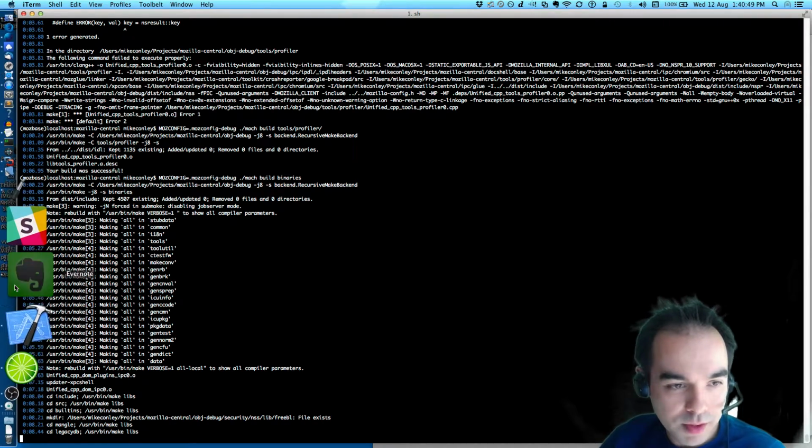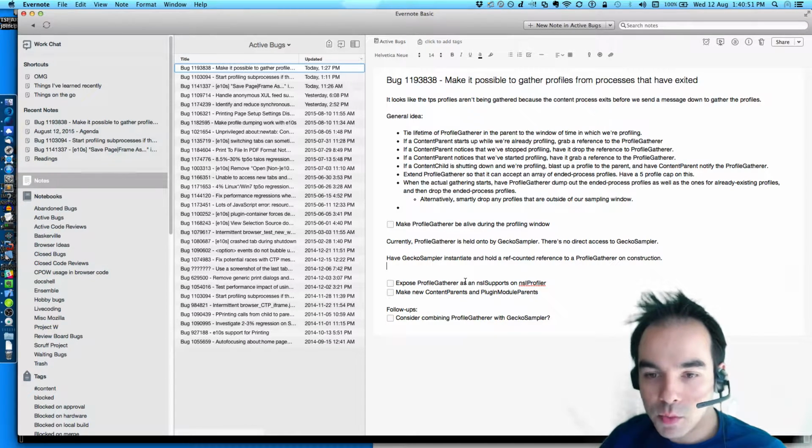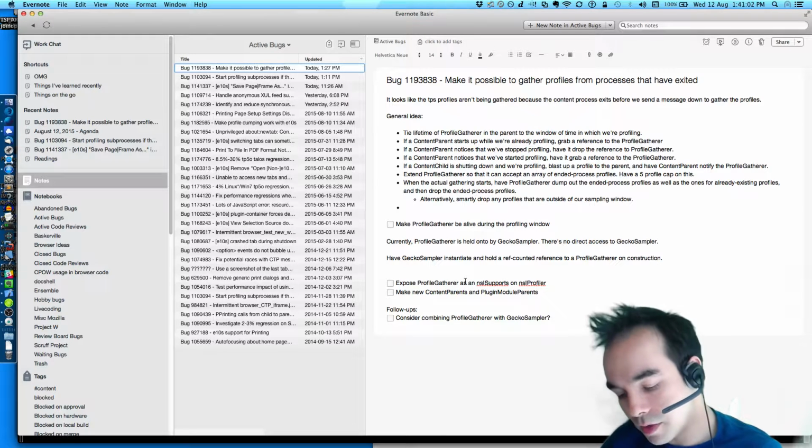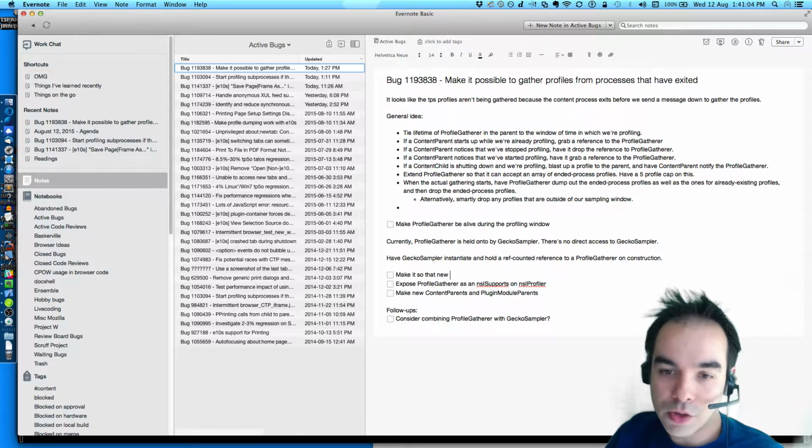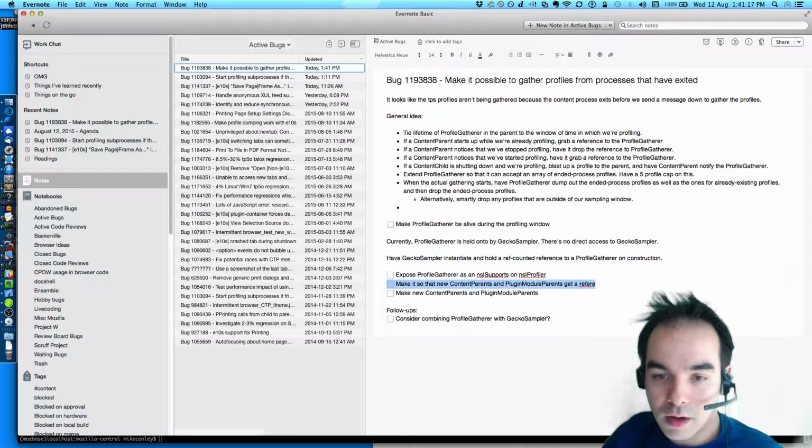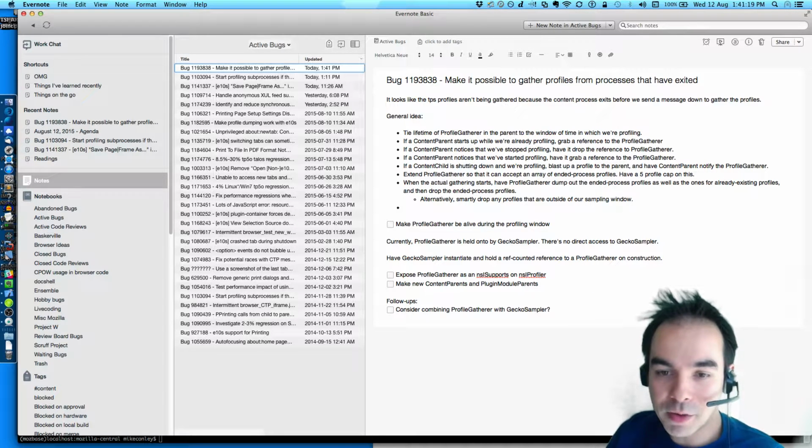Meanwhile, assuming that this works, what would be next? Next would be to somehow expose that now constantly existing profile gatherer via nsISupports. There's the other step of making it so that new content parents and plugin module parents get a reference. Oh yeah, I need to do this first. Make new content parents and plugin module parents get a reference to the profile gatherer